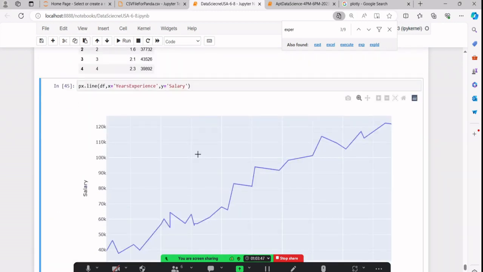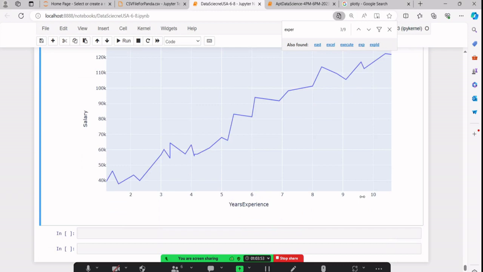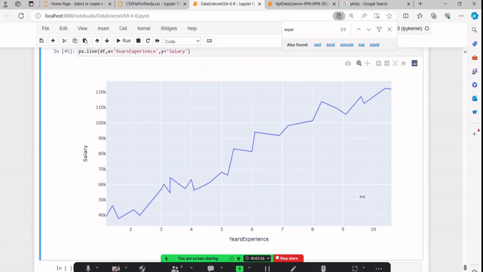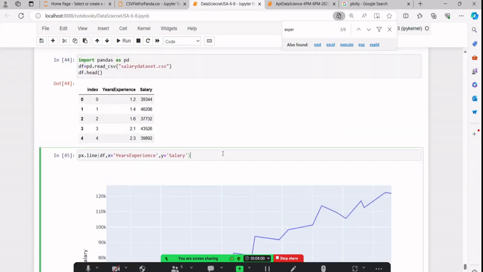Now it is perfect. You can see the salary is high with year of experience. I hope you are getting my point. And you can also check